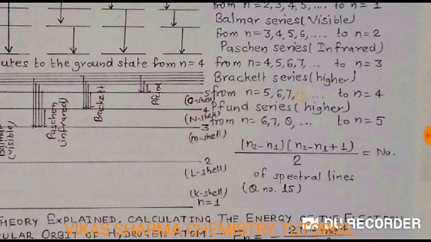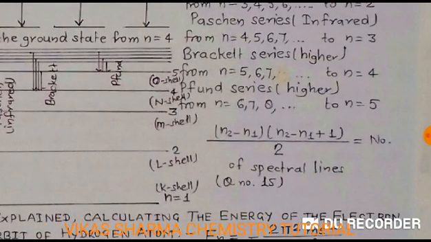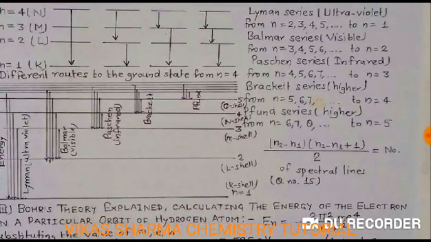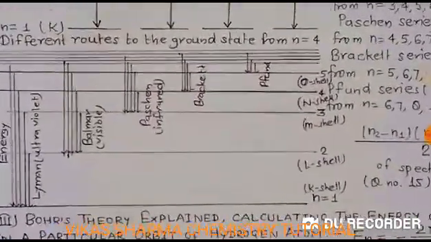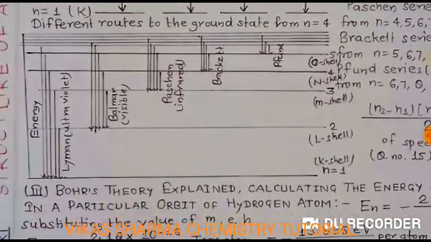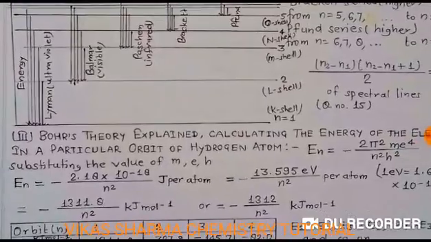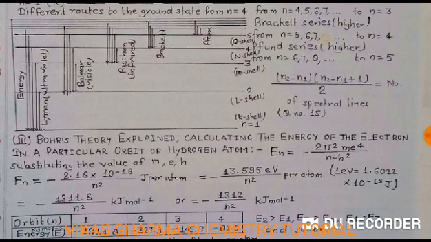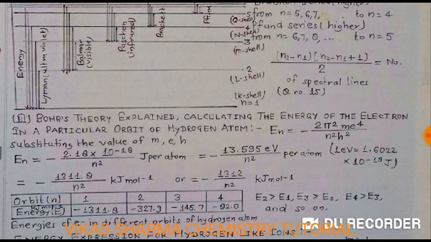The number of spectral lines is equal to n2 minus n1 times (n2 minus n1 plus 1) divided by 2. So question number 15 of NCERT is totally based on this display. Student, you have seen the different types of series. So Bohr's theory explains calculating the energy of the electrons in a particular orbit of the hydrogen atom. Means En is equal to minus 2 pi square me4